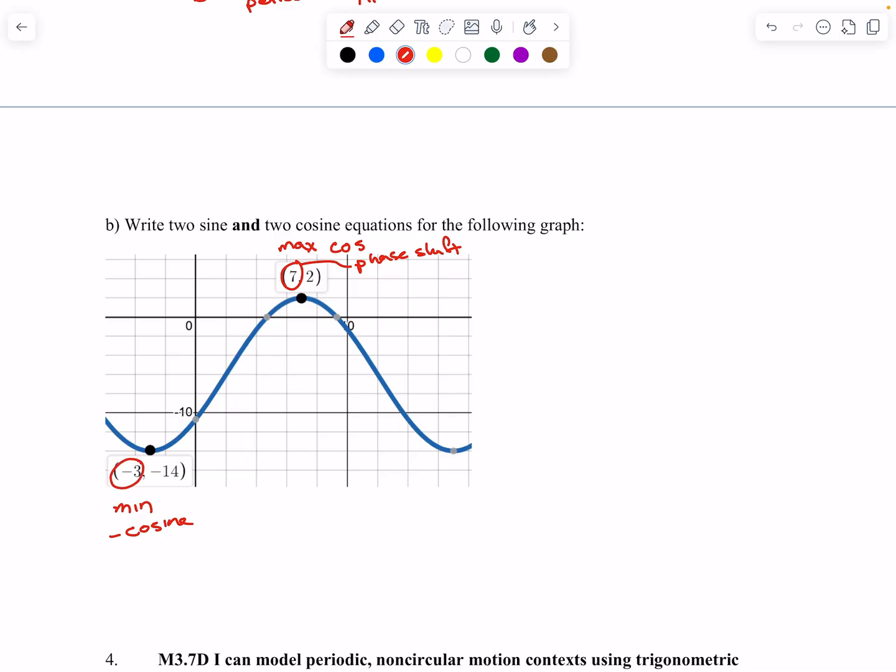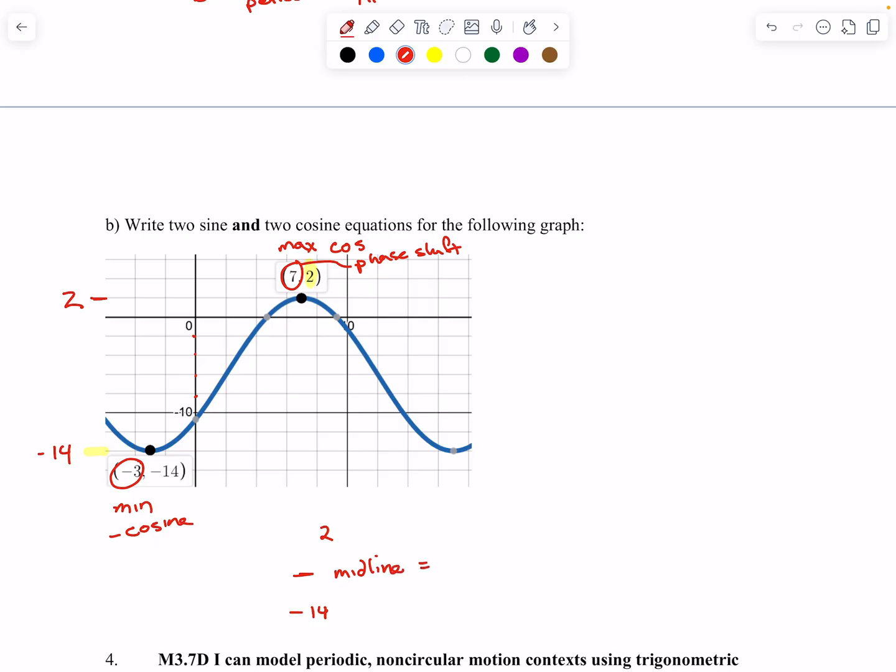And phase shift for negative cosine. We need to find the middle height. Again, these heights, notice they're counting by 2s: negative 2, 4, 6, 8, 10. So this is a height at 2. That's what the second coordinate does, so be careful with that. And then the min height is negative 14. So if I'm going from 2 down to negative 14, then the middle is halfway in between